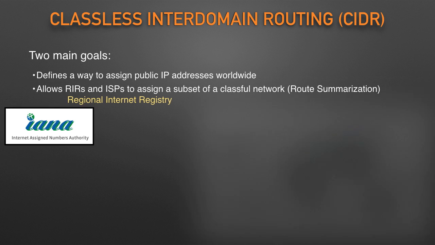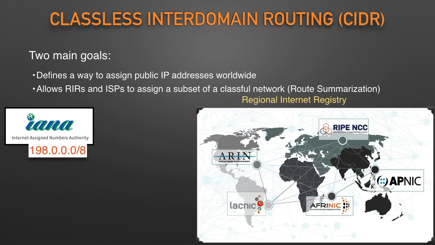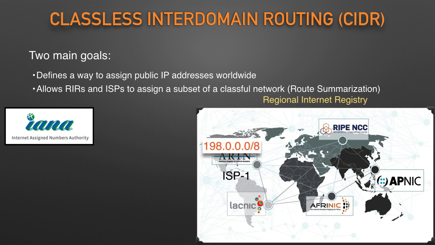IANA allocated all addresses that begin with 198 to one of the 5 regional Internet registries, RIR, and that RIR assigned this entire range to one big ISP in that part of the world. The assignment of all addresses that begin with 198 to one ISP lets other ISPs use one route, a route for 198.0.0.0/8, to match all those addresses, forwarding packets for those addresses to ISP1. This one summary route will match packets sent to all addresses in the Class C IP networks that begin with